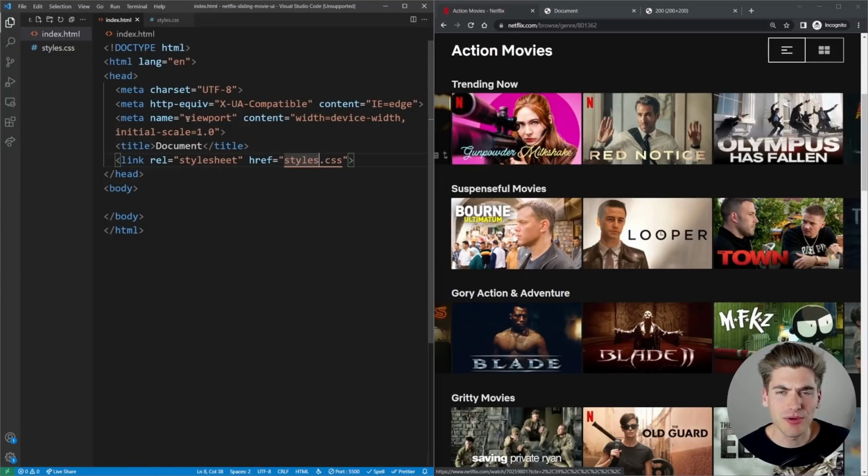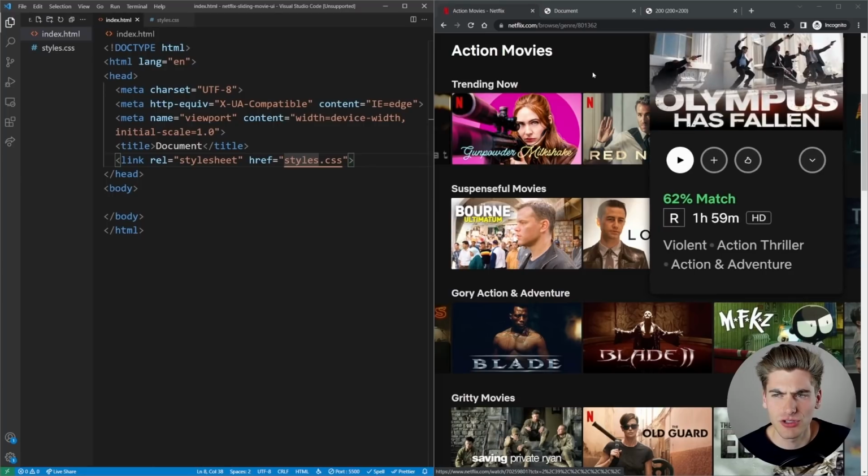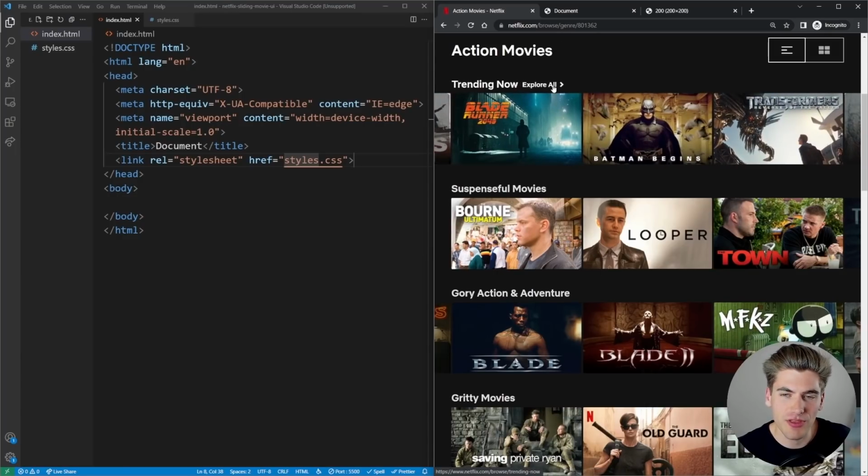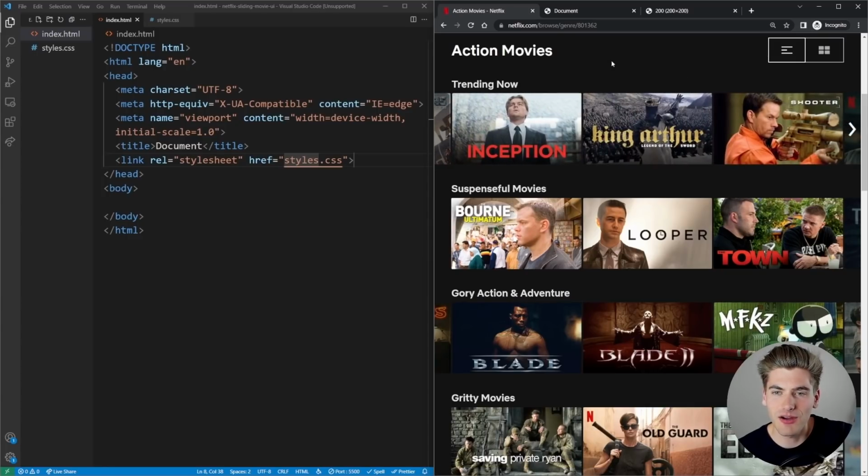And now I want to think about how exactly I'm going to solve this problem. The way that this slider works, at least in my opinion, is you have these different items, and essentially they each just have a width based on the size of the screen or whatever. And then when you click this right or left arrow, all it's doing is moving everything to the right or left by essentially 100% of its width. So you can think of these three videos as the container, and then the left and right are just to the left and right of that container. And when I click right, the entire container moves by 3 video widths, or essentially 100% of the visible portion. And it just continually is going to slide over and over and over.